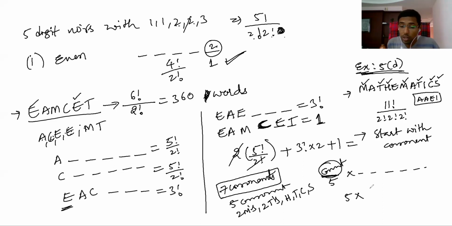10 places, how many objects do we have? 10 objects we have. But here, you should understand, there are 2 cases. One is, if you arrange M, or if you arrange T, what happens? Or if you arrange these things, what happens? Okay, all right. So now let's take the question.